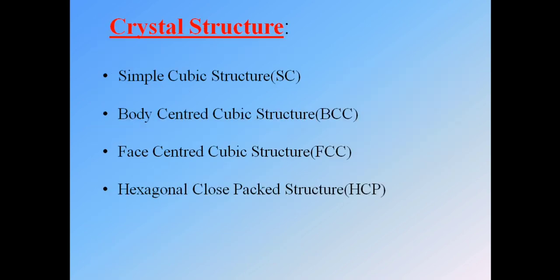So the main point, that is crystal structure, or we can say the space lattice. Okay, so it has four types. First, simple cubic structure, that is SC. Second, body centered cubic structure, that is BCC. Third, face centered cubic structure, that is FCC. Next, hexagonal close packed structure, that is HCP. Okay, next,